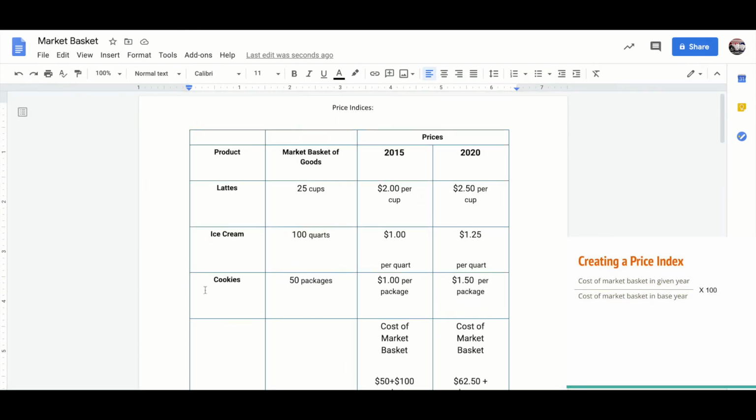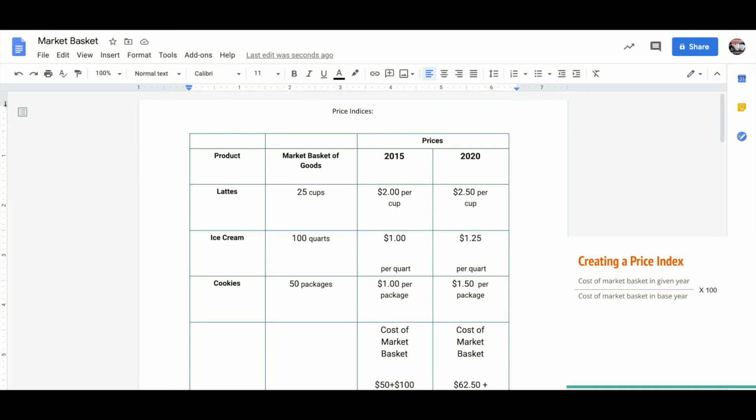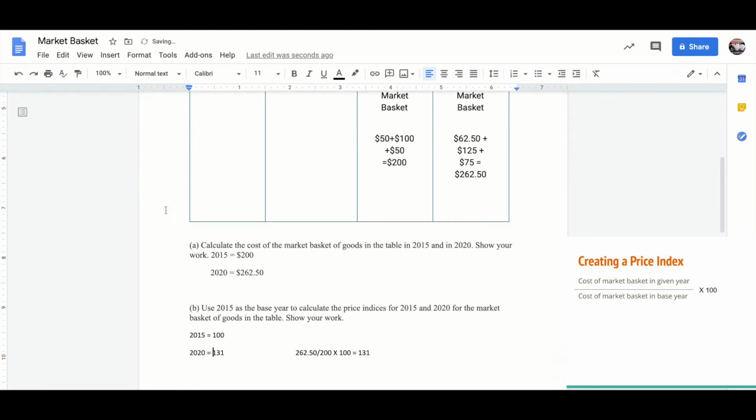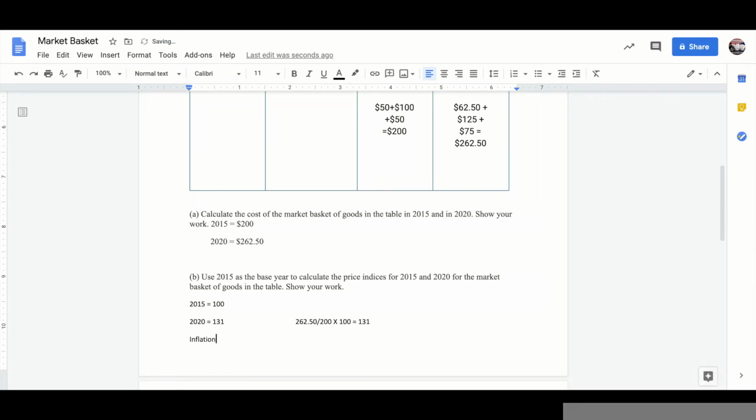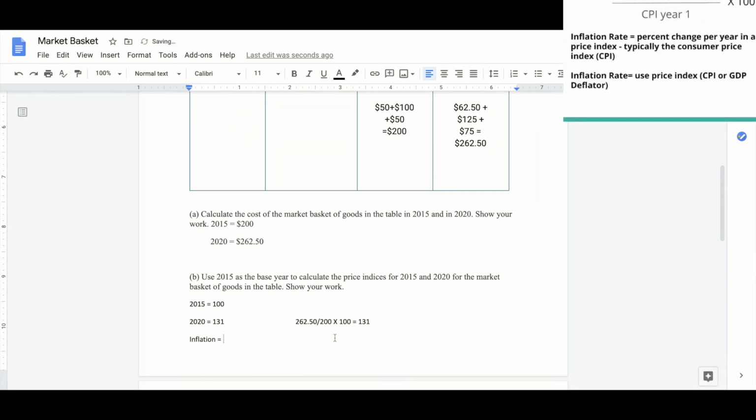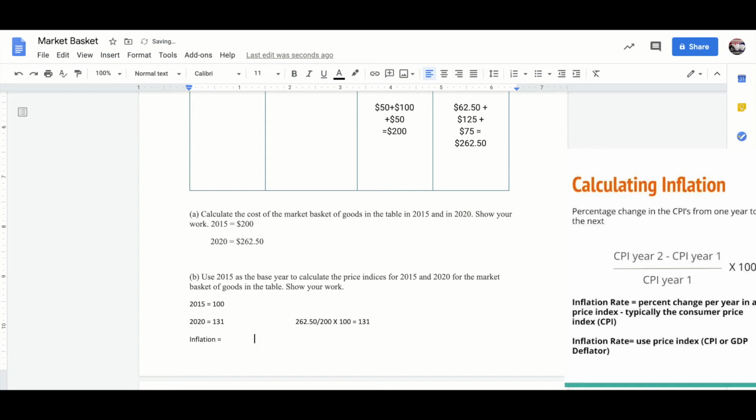Now we can use those numbers that we've got so far and measure inflation. For inflation between those 2 years, all we're going to do again is use our new minus old divided by old times 100. 131 is our new, the newest year, 2020,